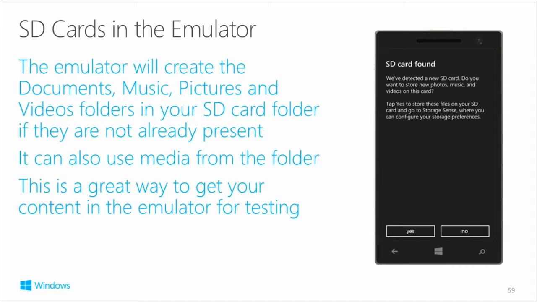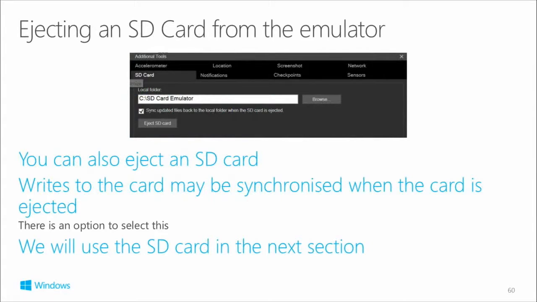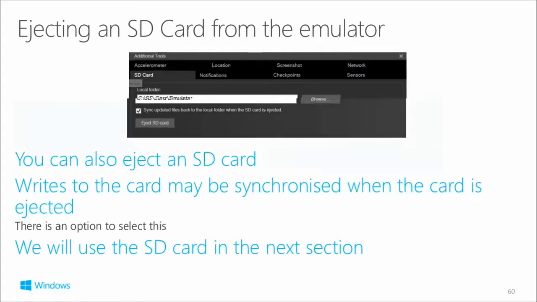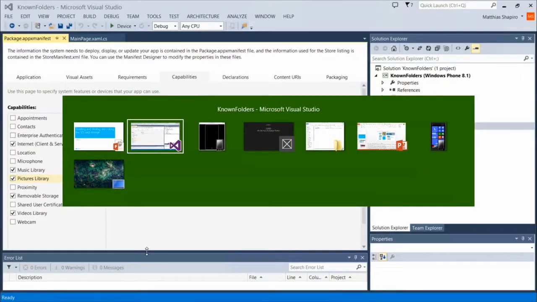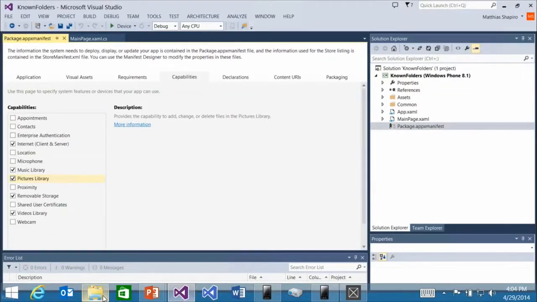Pictures and videos that you take on your emulator, it'll store into that folder system, and then we can eject our SD card and actually poke around inside the folder system, look at the files and folders that we've created. So, looking at that from a demo perspective,